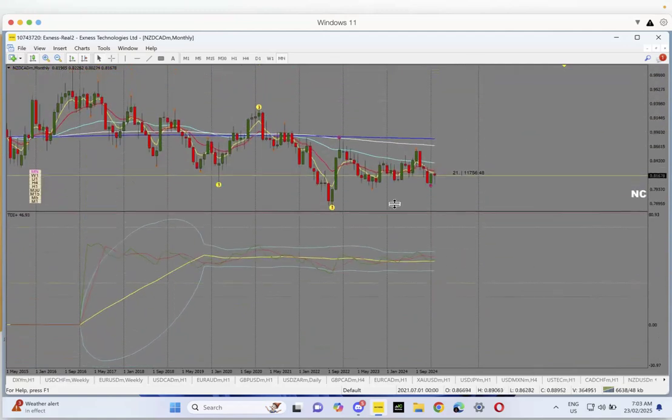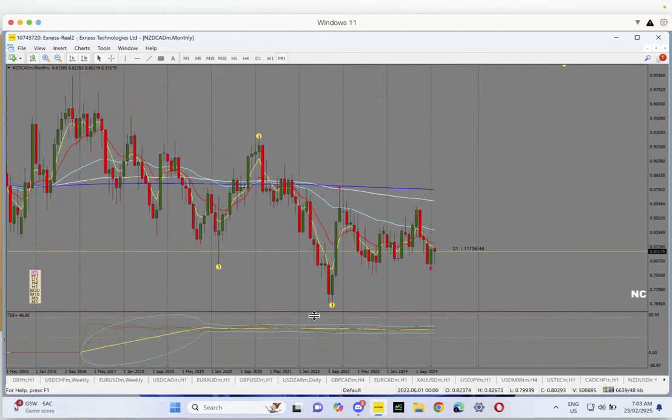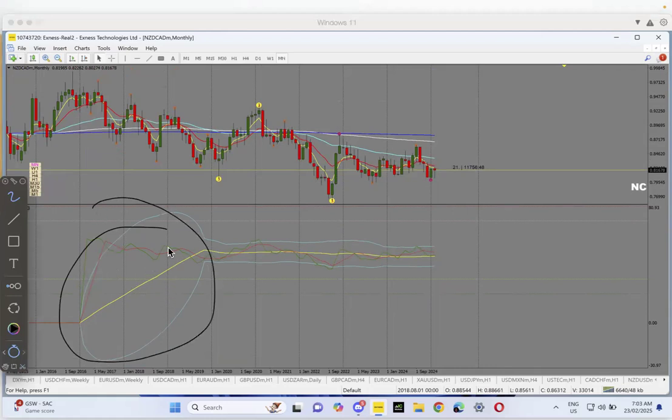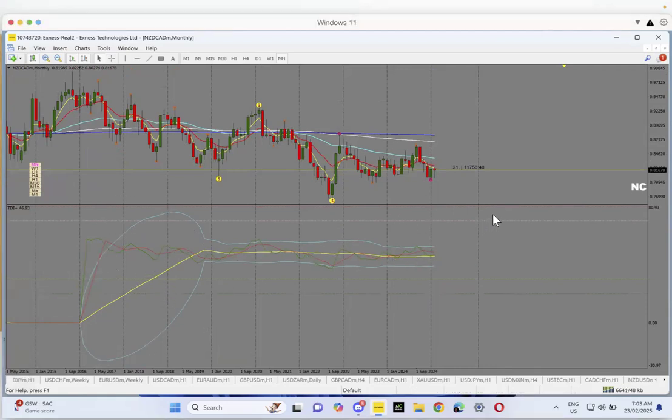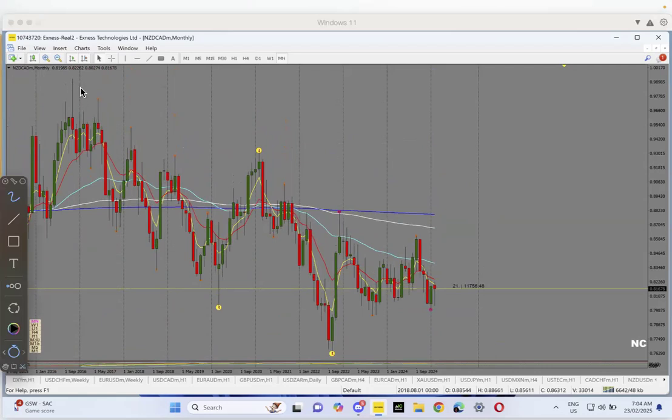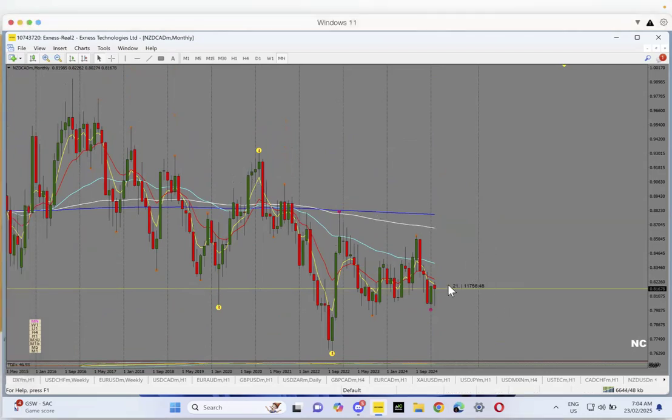horizontal for a long time, and that also is contributed by the fact that we don't have too much data. That's why you see something like this on the left-hand side, which simply means we don't have much data. So it becomes very difficult to rely on the TDI on the monthly time frame, right? But you can clearly see how the market has been on a sell move, and it's not showing any signs of a buy anytime soon. It's still showing signs of a sell, right? Now, that being the case,